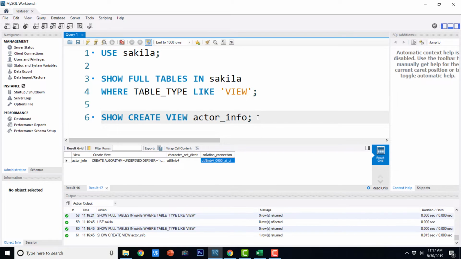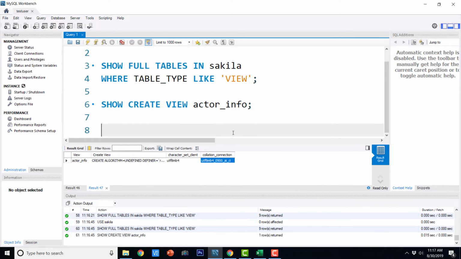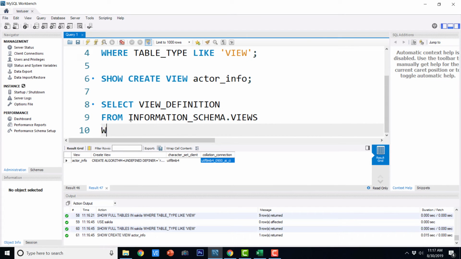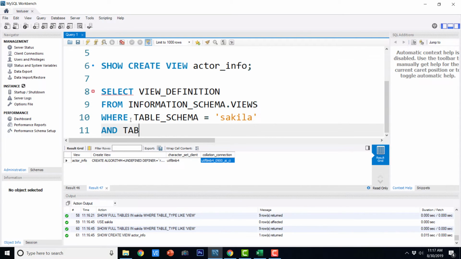In case you want to see the underlying query of a view, you can just say select view_definition from information_schema.views where table_schema equals Sakila and table_name equals actor_info.